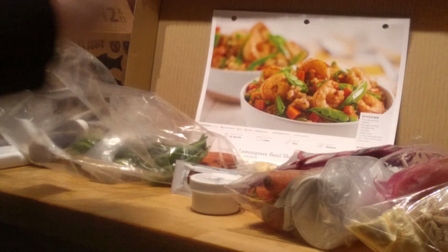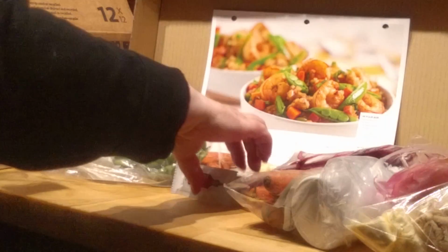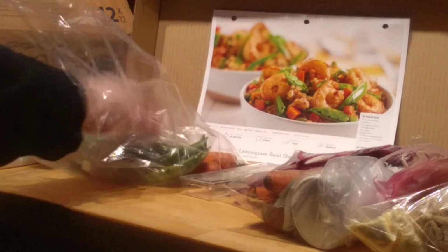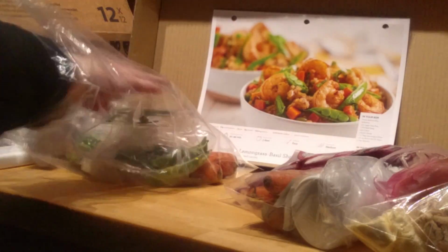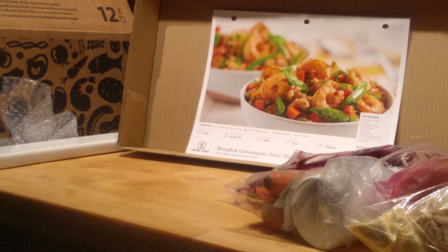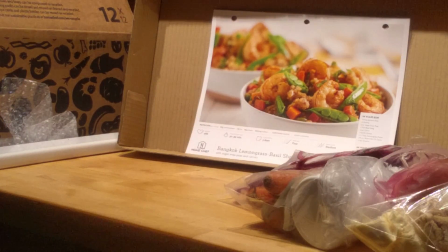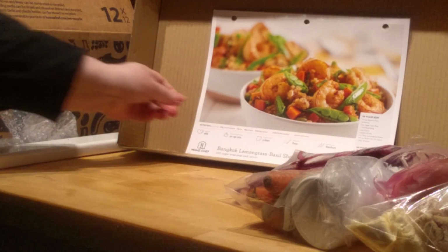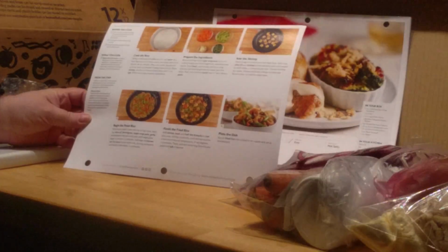So let's lay these back into the bag. I don't think I need to keep the sriracha sauce in either, so we'll put that over there. Okay, so we'll put this bag on the side. Ready for the refrigerator. Now, they tell you to